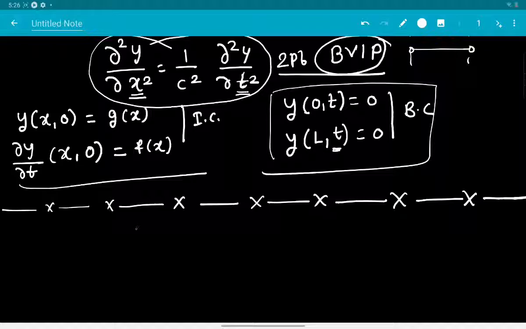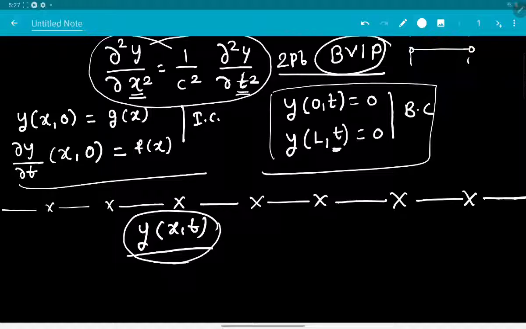So what we do is separate variables. We want to find out y, which depends on x and t. However, we don't know what that function is. It can be any function dependent on x and t, but what we are assuming here is that its dependence on x is independent of t, that is, it doesn't depend on t and x simultaneously, or in other words you can separate out that dependence. So you can write it in this way.